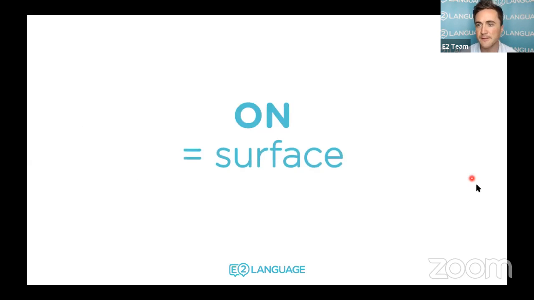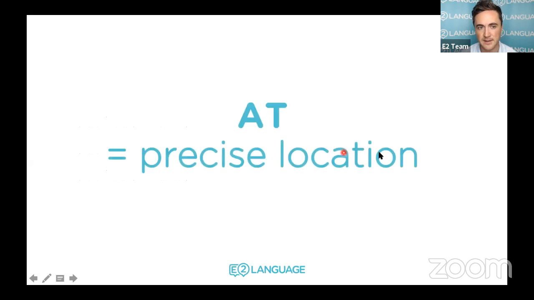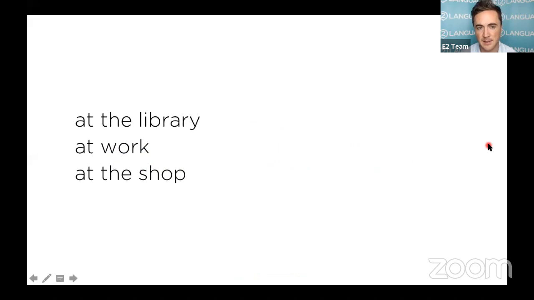We use on for surfaces. So the street is a surface. My face is a surface. Or the table is a surface. So on the table, on your face, on the street. We use at for precise locations, like at the library, at work, at the shop. But of course, you can be in the library, but if you're talking about a precise location, you'll use at